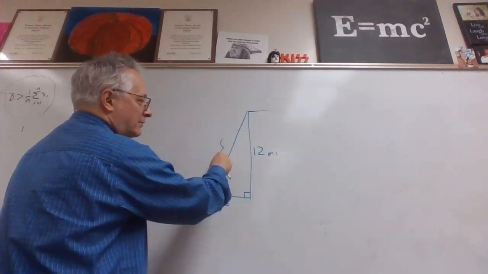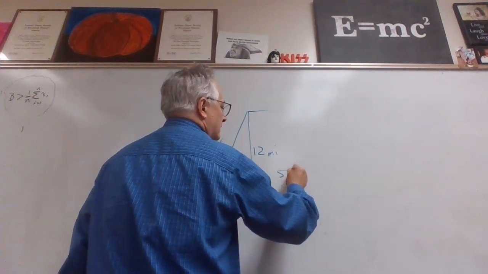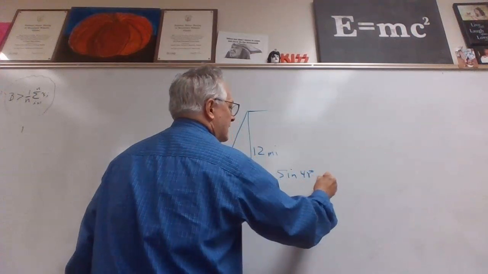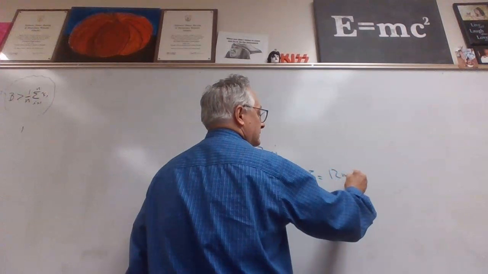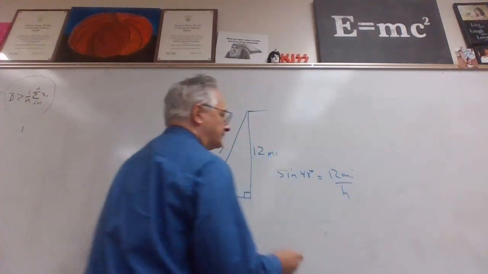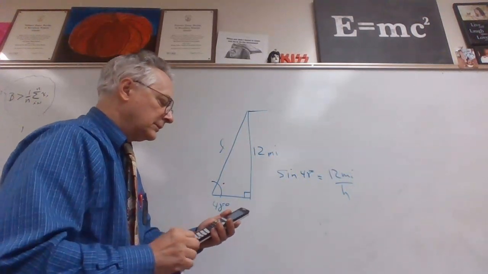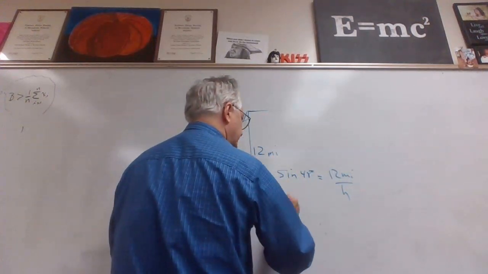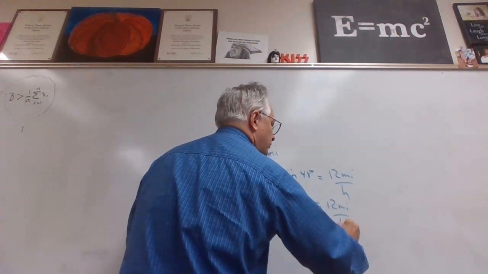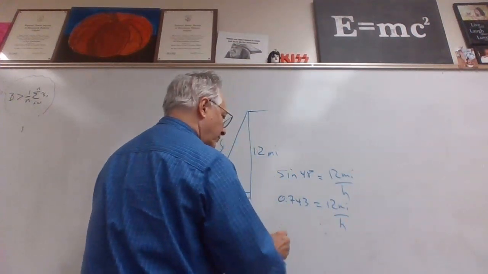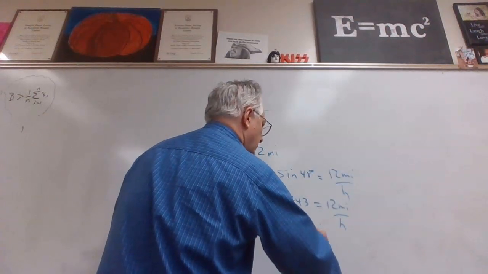So I have an opposite. I'm looking for a hypotenuse, so we're going to use sine. So the sine of 48 degrees is going to be equal to 12 miles over h. The sine of 48 is 0.743, and that's equal to 12 miles over h. Switch the h and the 0.743. H is going to be 12 miles